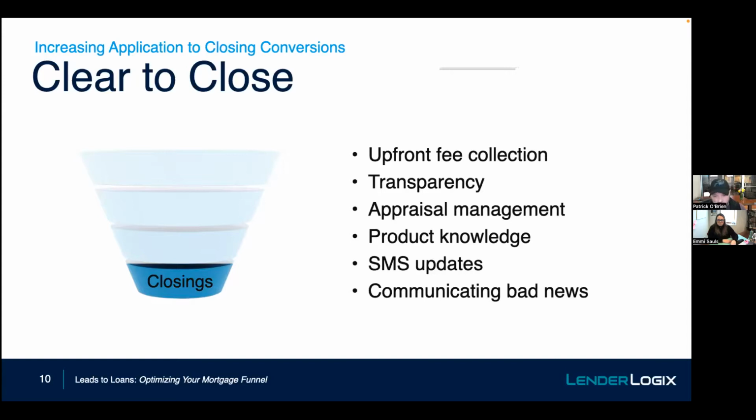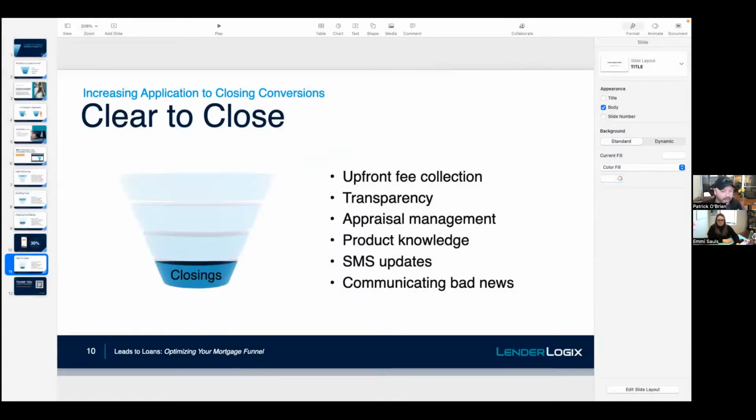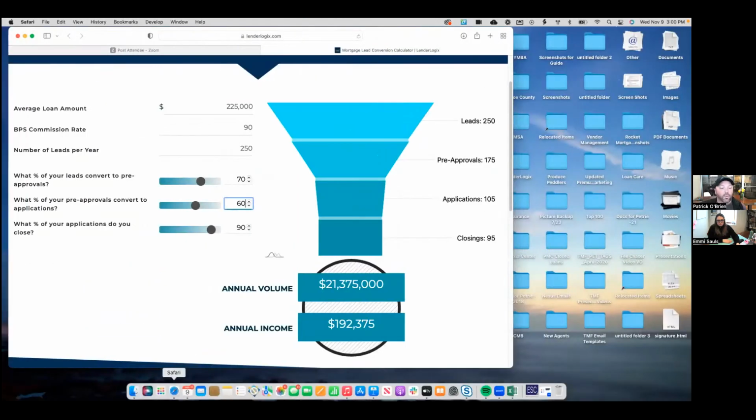And then there's also just the beautiful things that come with a fair amount of experience as a loan officer. So I'm going to switch back to my calculator one more time here. Even a marginal improvement of our pull-through rate matters. If this loan officer is doing $21 million in application volume, and we can get that to 93%, they just close another $1 million, just by making a small tweak to our process to increase that pull through.